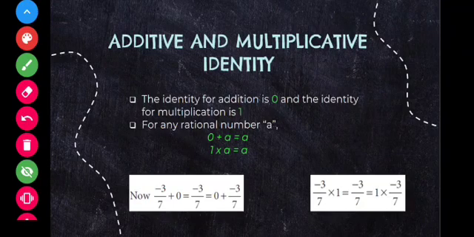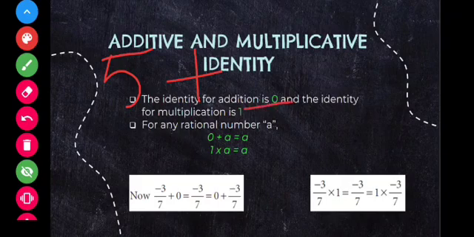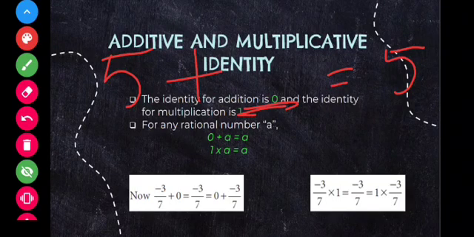Okay, so first, what do you mean by additive identity? Additive identity is something which when added to a number gives the same number. You all know what number is that. Okay, let's say you have a number 5. You should add some number here so that you get the same number 5 on the right hand side. What number you will add? You will add 0 here.